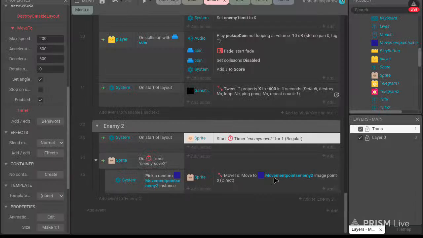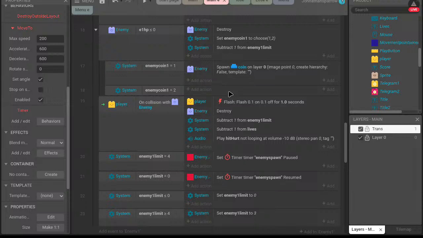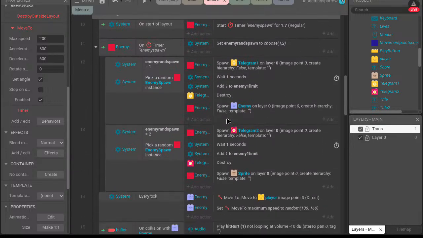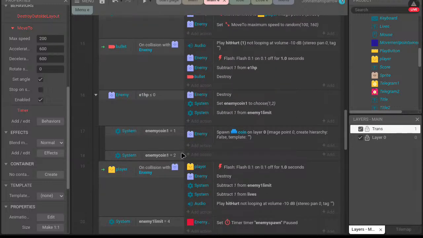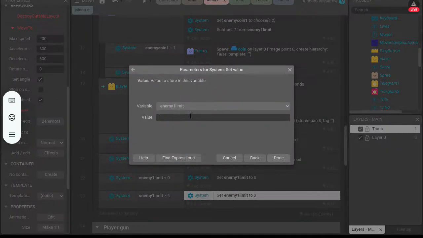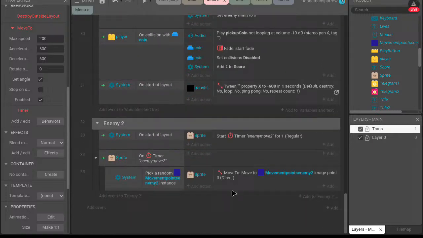And some stuff kind of broke. The enemy spawn kind of broke. Oh no. Oh, I'm setting it. It's still setting to 3. So, that's fixed. Again, why is this not moving?